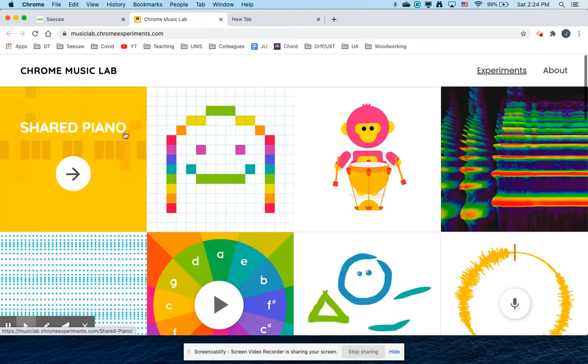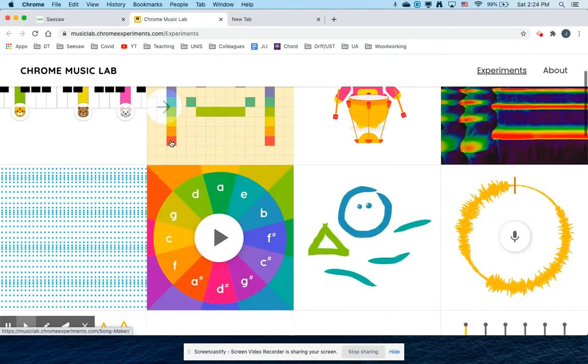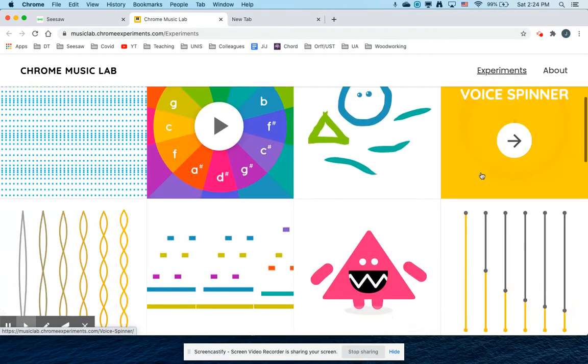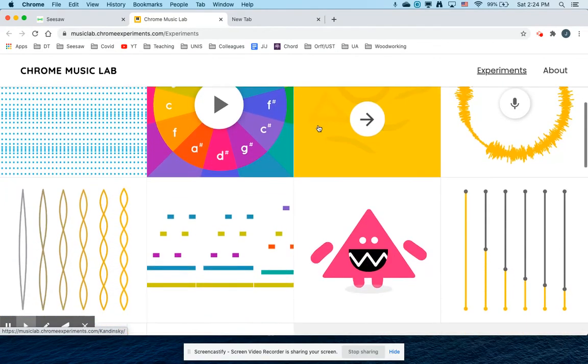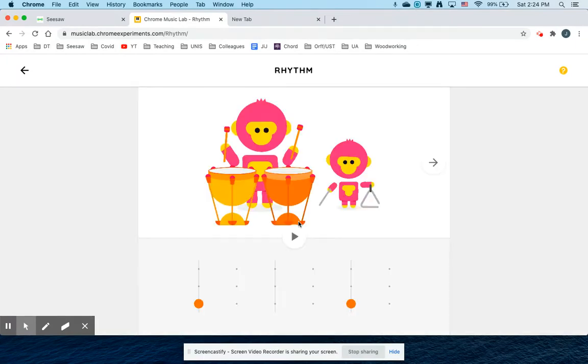It has like 13 or 14 different experiments for you to check out. And you get to just explore any of them that you like. I'm going to show you just maybe 2 of them right now. And some of you have seen this before, so you can check out ones you've already known or ones that are new to you. But let's check out this rhythm one, the one with the monkey picture kind of at the front. If I just press this play button,